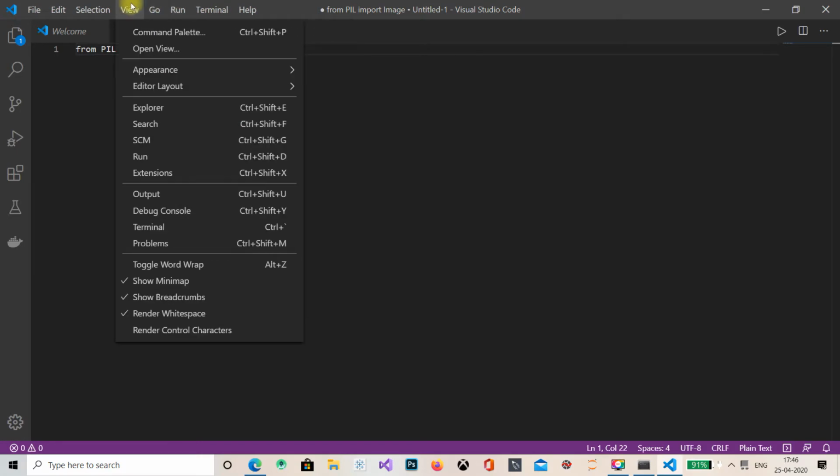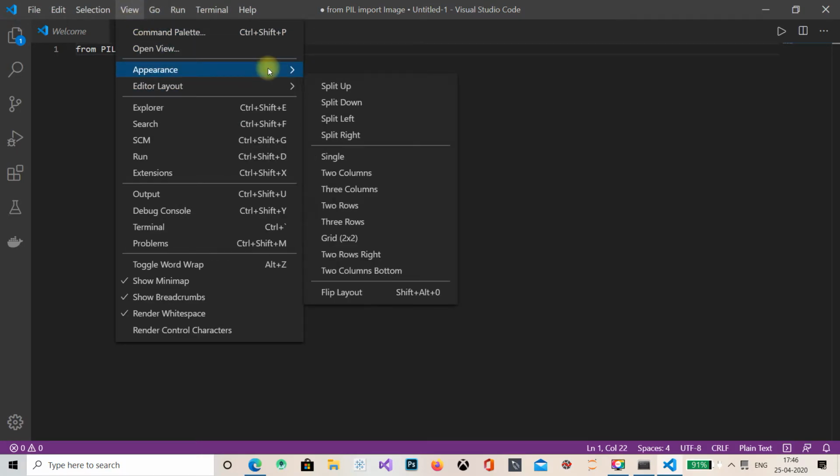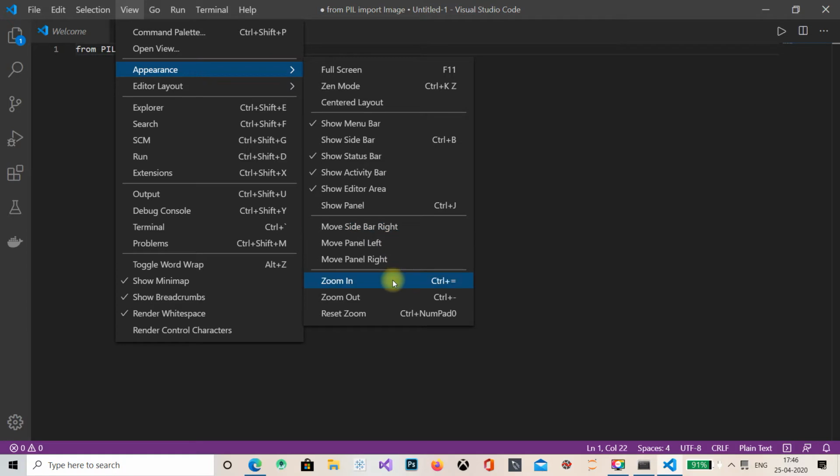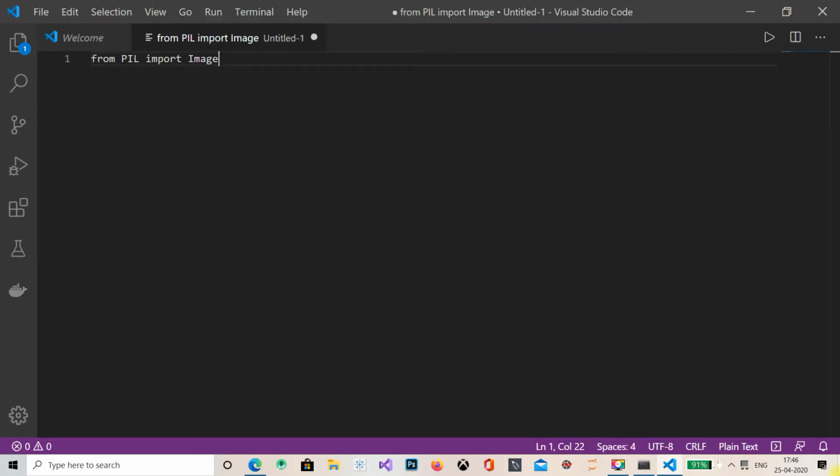Okay, so here it is. First of all, from PIL import Image. Let's zoom in a bit, and yeah, we are good.